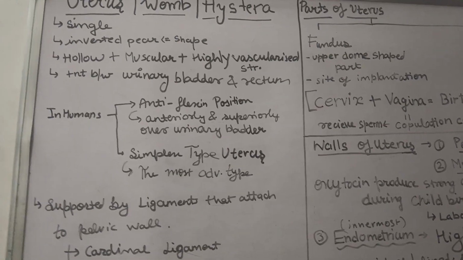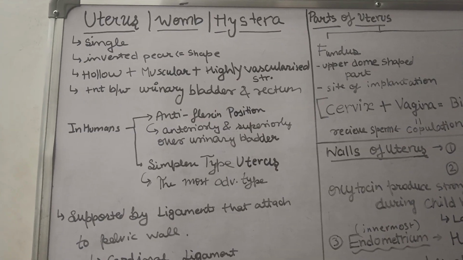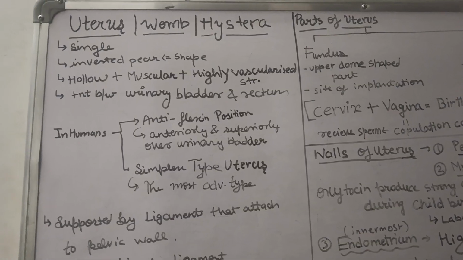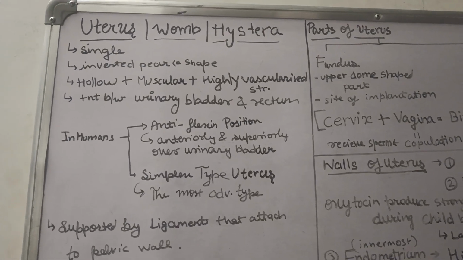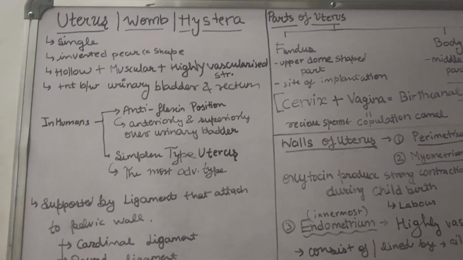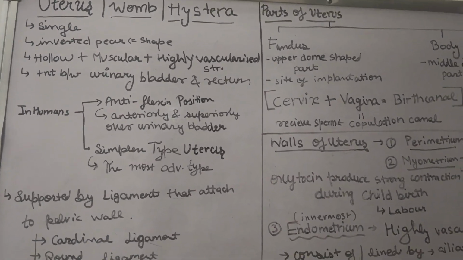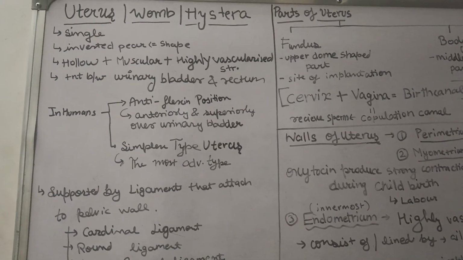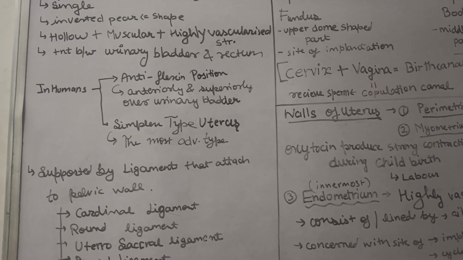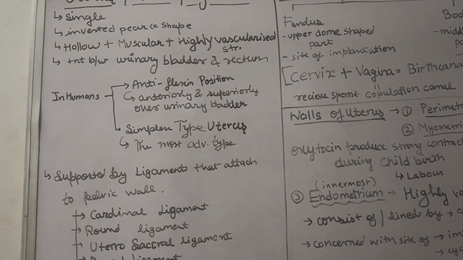an inverted form of it. Then it's a hollow structure because it is the place where the offspring develops from 1 month to 9 months. I'm talking about humans. And it is muscular. The structure is muscular. We all know that after keeping that individual, it has to parturiate the baby out, and for that we have muscles that generate contraction and help us in the parturition process. It's a highly vascularized structure because a life is going to be born there.